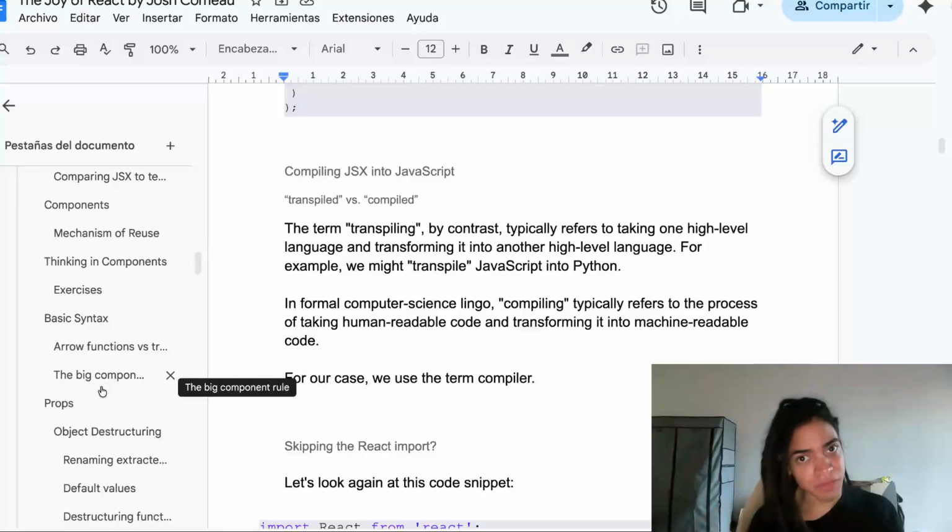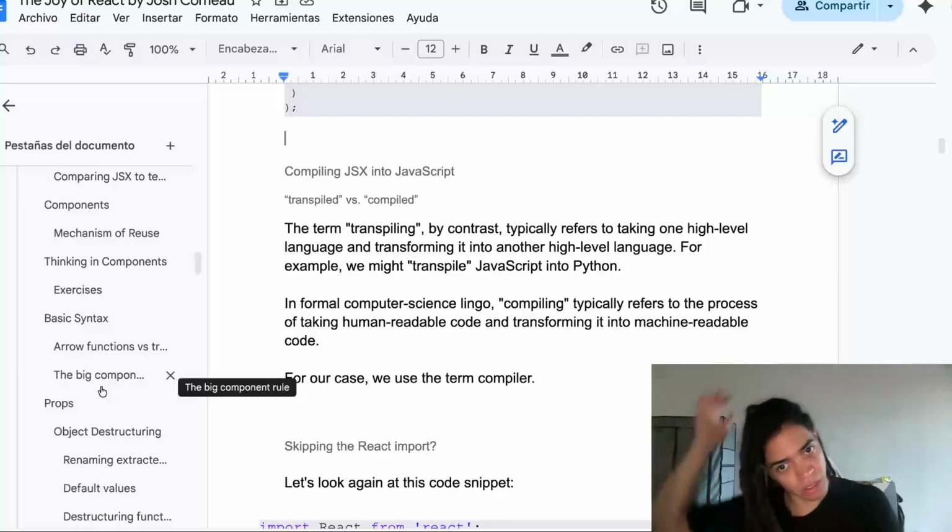What is the anatomy of these components? You can pass some props to this. You can also render those props, and the children property that is part of the HTML that allows these components to render all of the other